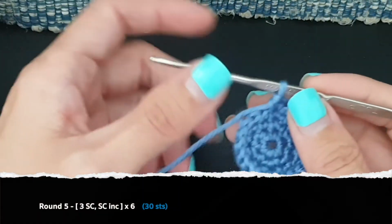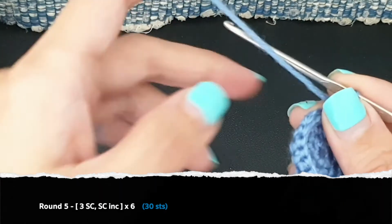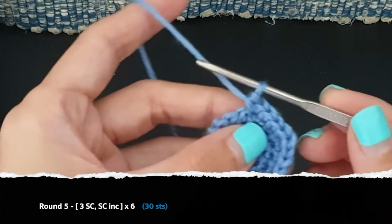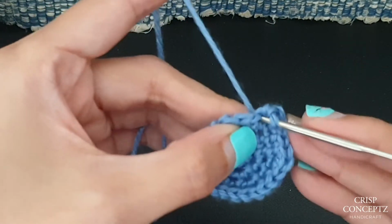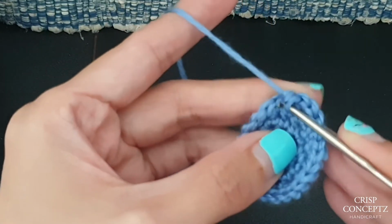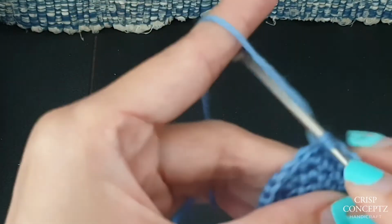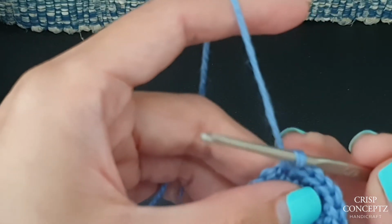Towards the 5th round, the pattern is 3 single crochets and a single crochet increase. We repeat this 6 times, so from 24 stitches we add on another 6 stitches to make 30 stitches for the 5th round. So this is how it goes. Single crochet 1, single crochet 2, single crochet 3, there we go, single crochet 3,